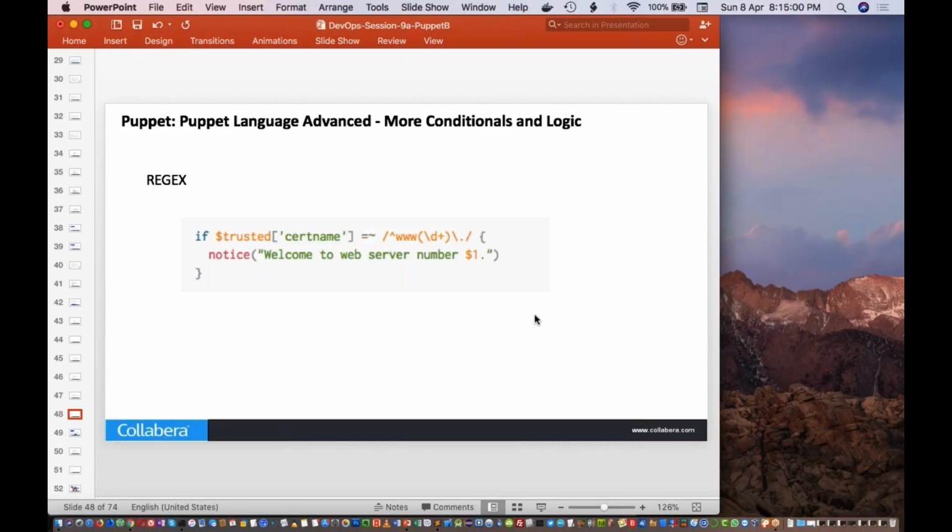Then Kadi is asking why regex is used. Regex, Kadi, will search for values, like if this trusted hostname has a name starting with www1 or www2 or www3, then everything inside this particular condition will be true.